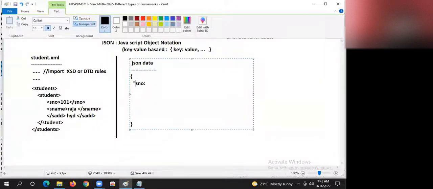SNO is equal to 101, comma, SNAME is equal to Raja, SADD is equal to Hyderabad. And I'm just telling what is what.